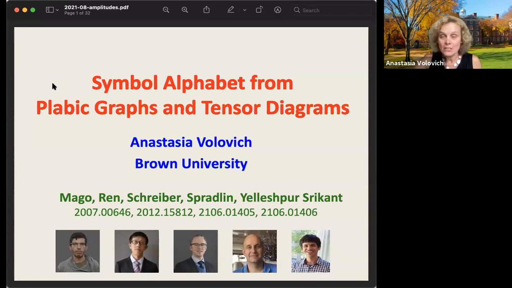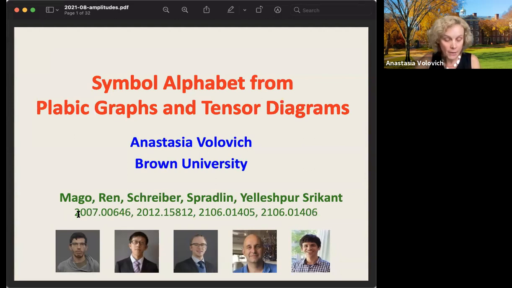Okay, so my talk is going to be about n equals 4 Yang-Mills theory. And I'm going to tell you how to get the symbol alphabet from two things, from Plabic graphs and from tensor diagrams. This is going to be based on a series of papers that are listed here that I wrote